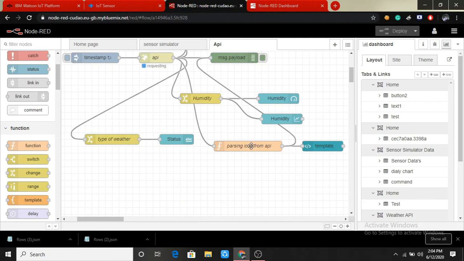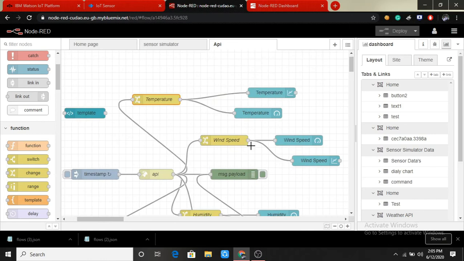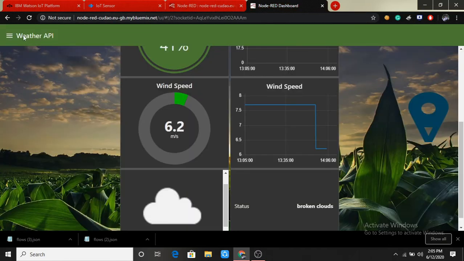This one is used for displaying the status of the weather. Each weather has unique icons for representing it. So in order to classify it, I had used a separate function. I had given the code in the description. So now we will be seeing the UI.